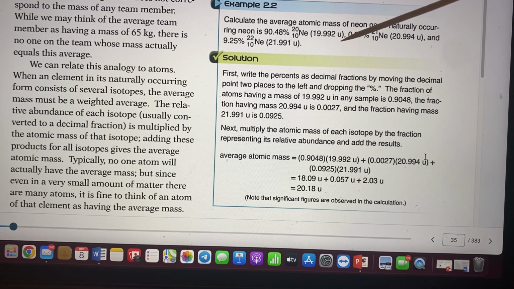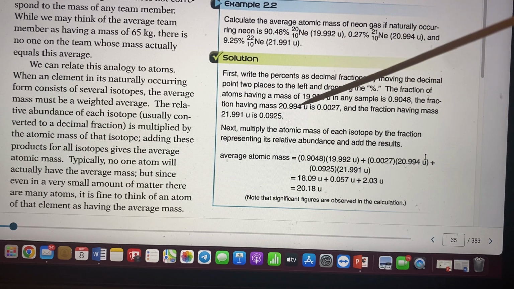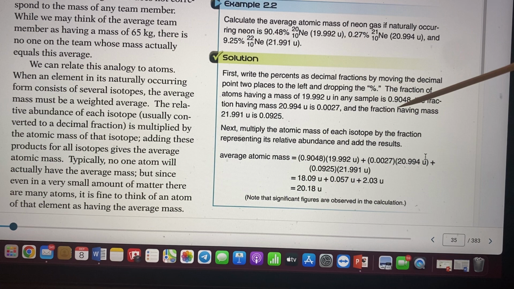You have the fraction of the atoms having that mass, and you move the decimal, 9048. The fraction having the mass of 20 is, and the fraction having the mass of